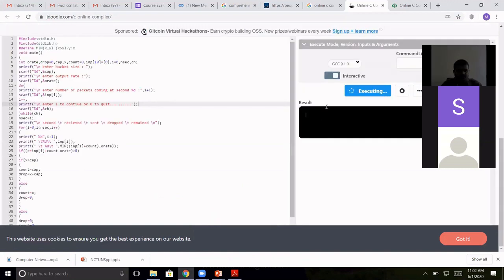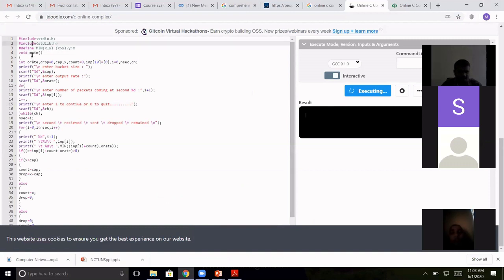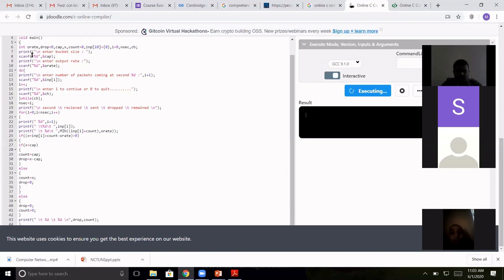So this is my piece of code where I'm just running the leaky bucket algorithm and I'm going to check the output at this particular result column. So this can be done in your mobile phone also. To practice yourself, you can do these things on your mobile phone also. It doesn't mean that you need a laptop for doing part B.